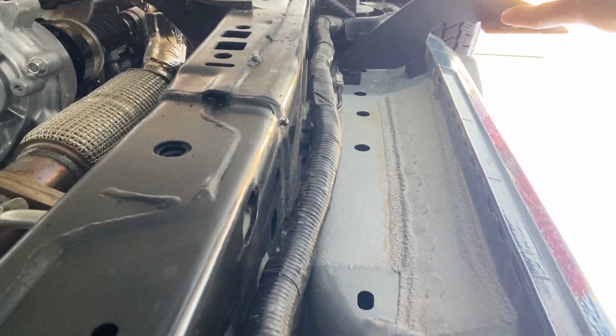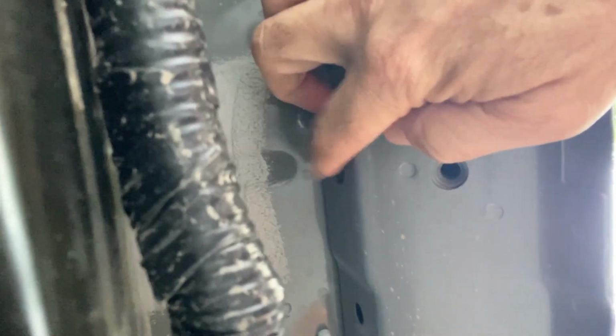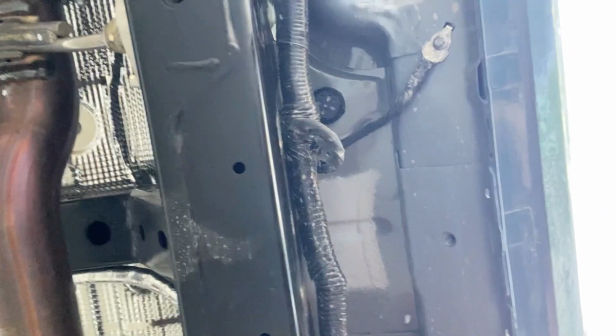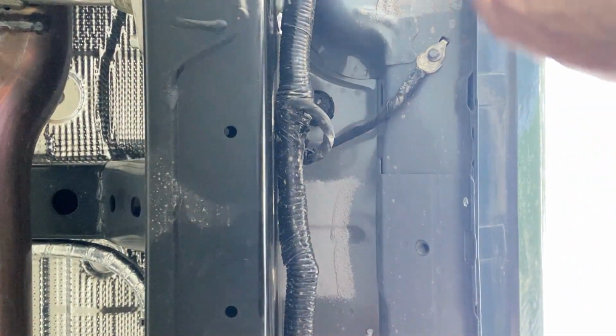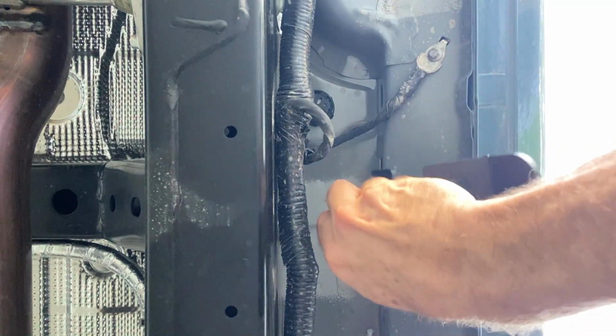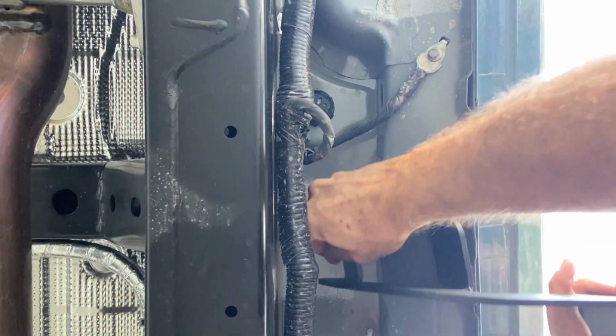So what I want to show you here, there's the first step, first bracket, and then second step here, but it's slightly different. If you notice, here's the first threaded hole, which is about the same as the last one, but the other one is unfortunately up here a little bit. I know it's a little bit hard to see with the camera, but it's on this flat part here. So I'm going to go ahead and put this down and get this bracket going. It should be pretty straightforward, but it is a little bit different than the first one. So a little bit trickier, but